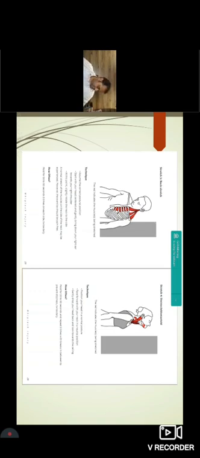And then you have the next stretch, right, to stretch all this area. So what do you do? You look to the left side at a 45-degree angle, and then you look as if you're looking into your pocket, right? When you do that, that is how you stretch this entire area. Very useful stretch, especially for the trapezius, for the neck. So for the cervical region, what do you do? So you ask